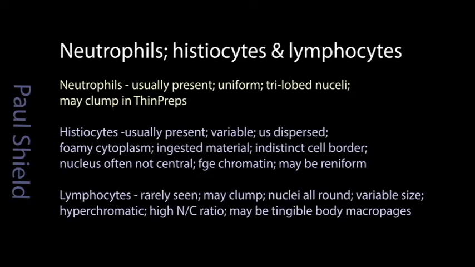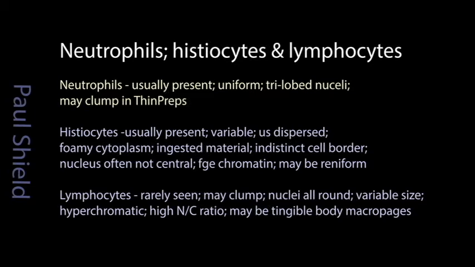They typically have very foamy cytoplasm, sometimes with ingested material, and a very foamy, indistinct border compared to a squamous cell. Nucleus varies. It may be central, but often they're off-center, so that helps in separating them from squamous cells. And they tend to have quite fine chromatin, sometimes nucleoli, and you'll usually see in a group of 6 or